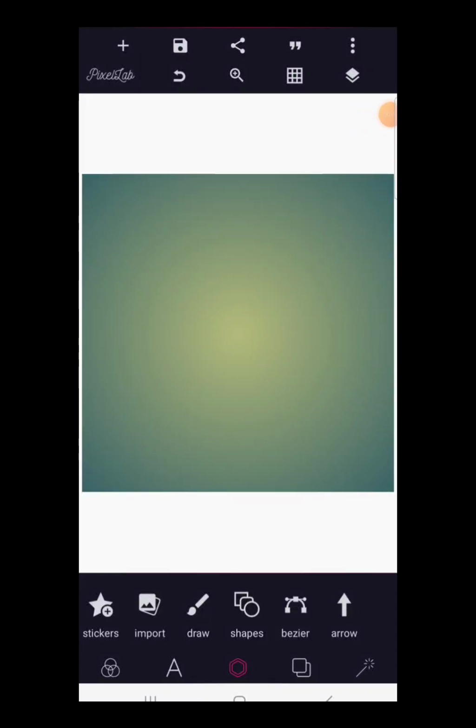In this Pixellab tutorial, I'm going to show you how to design a logo with the help of your Android